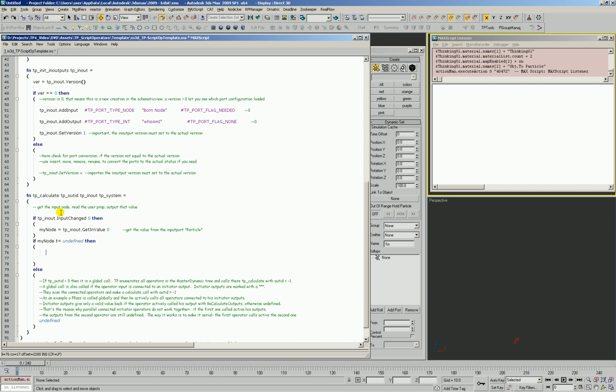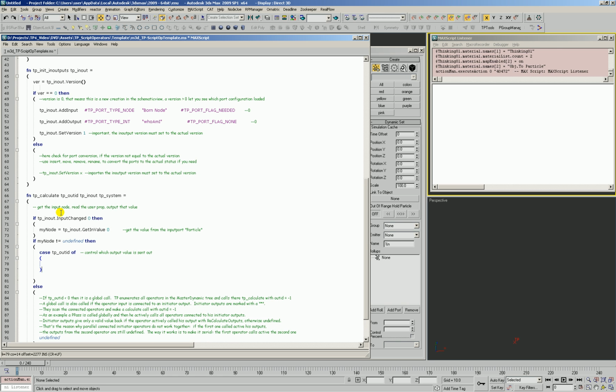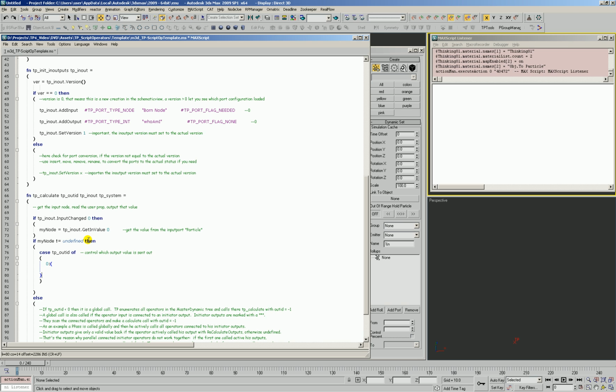That something else is going to be, what is it? Case TP out ID of, which is where we control which output value is sent out. So in the event that the output ID, meaning our output ID here, is 0, then what we want to do is going to be enclosed in these brackets here. And what we're going to do is say